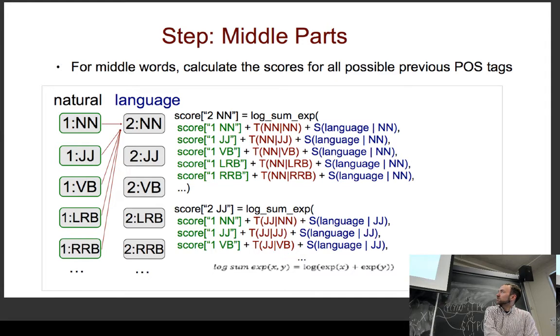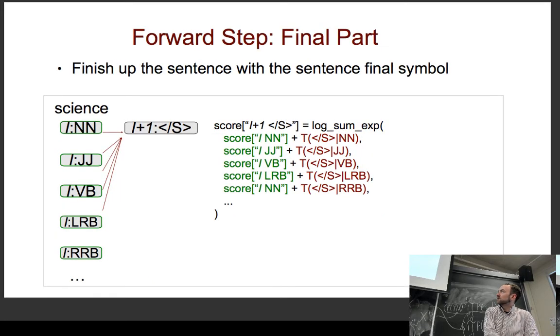So based on this, we take this value, and that's our score at the next time step. And then at the very end, to calculate the partition function, we usually have a transition to a final state, and we sum up everything resulting in our transitions to the final state. This is our partition function, basically. So the probability is the probability that we go over all tag sequences and then end up in the final state. And that's how we can calculate this.